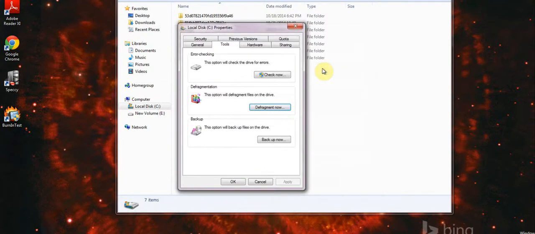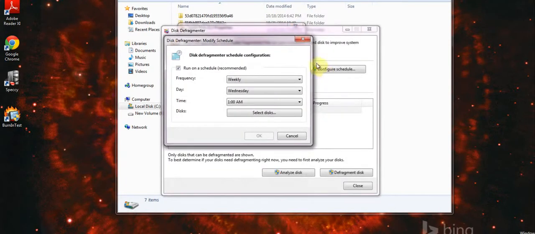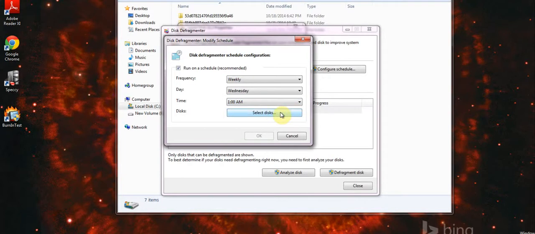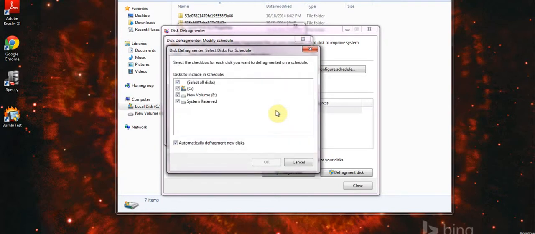Here, to configure the schedule, you click on Configure Schedule. Another window opens up, and here you can select the frequency, weekly, daily, monthly, which day you want, what time you want, and here you can select which disks that you want it to defragment. You can have all of them, your main drive,